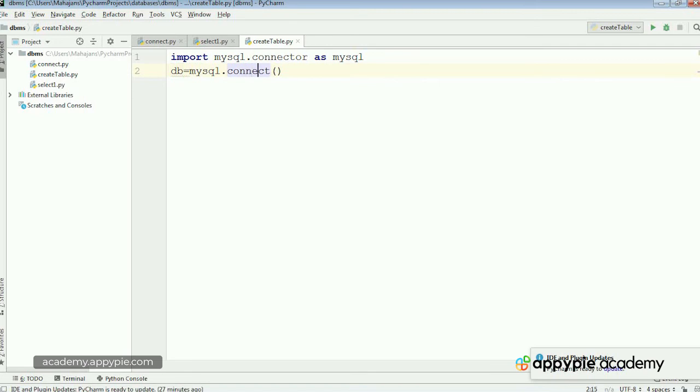Db name could be anything. Now I would write host is equal to localhost. Always remember, instead of writing localhost, alternatively you can also write 127.0.0.1 because this is the IP address for localhost, but I would prefer to use localhost, comma user is equal to root, this is for user, then passwd is equal to, this is the password,